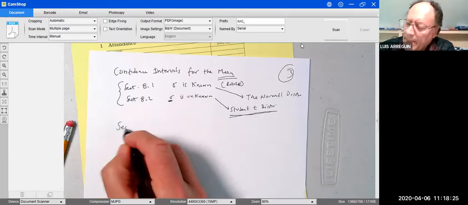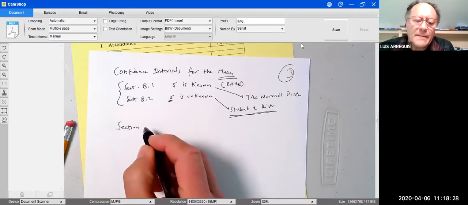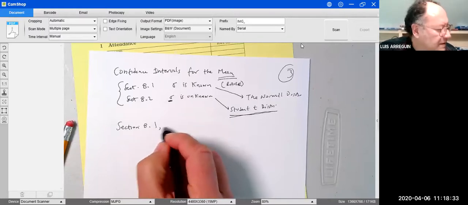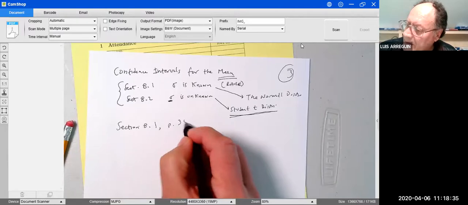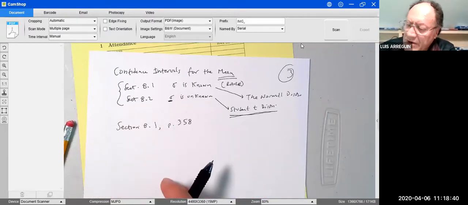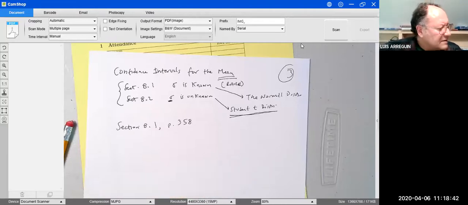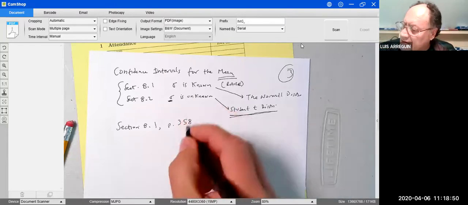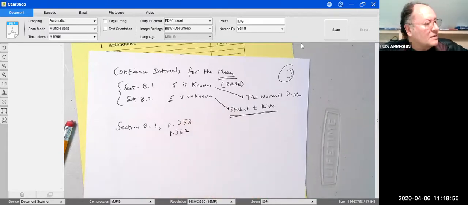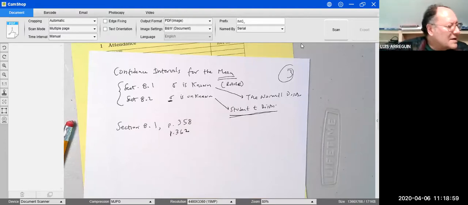with section 8.1. Section 8.1 starts on page 350, but the actual contents related to building the confidence interval starts on page 362. So check page 362, where the confidence interval construction starts. So let's start with the